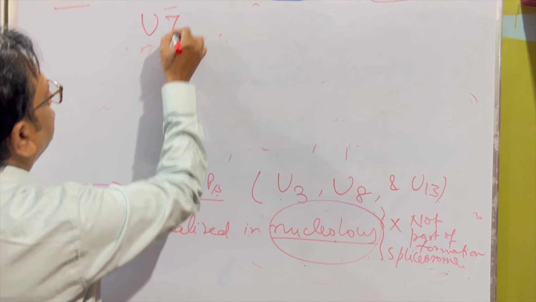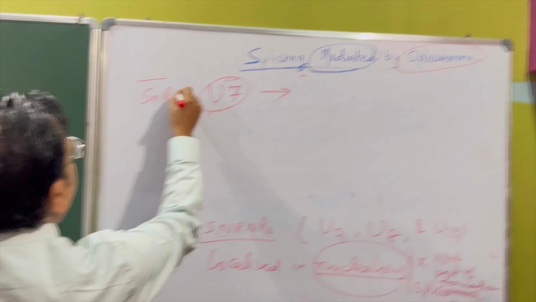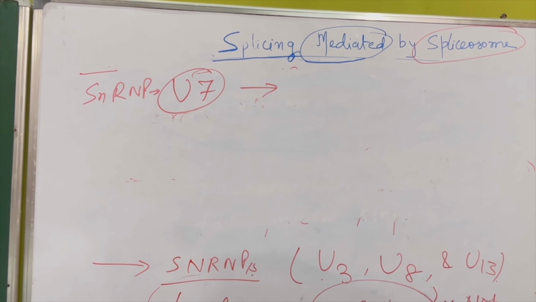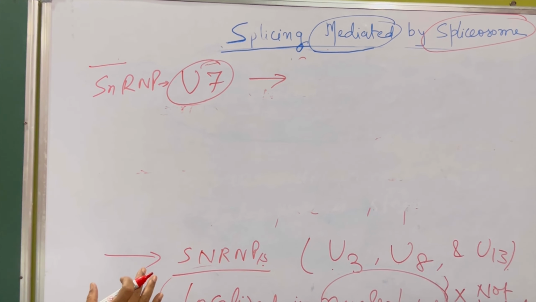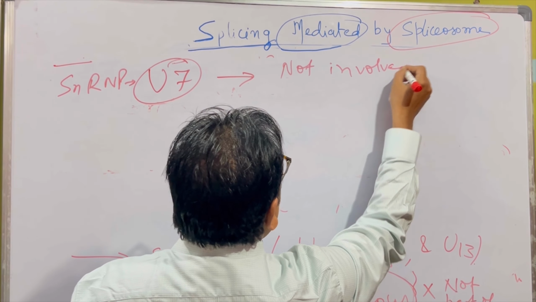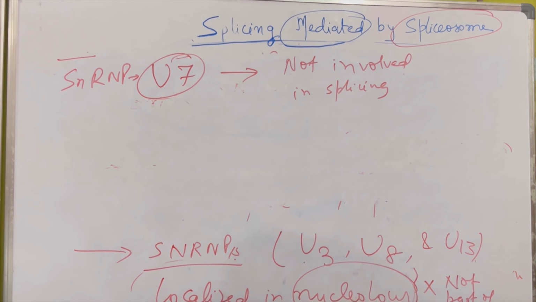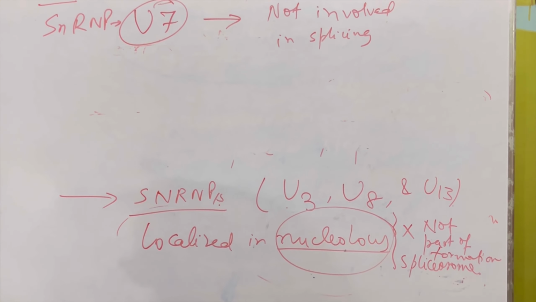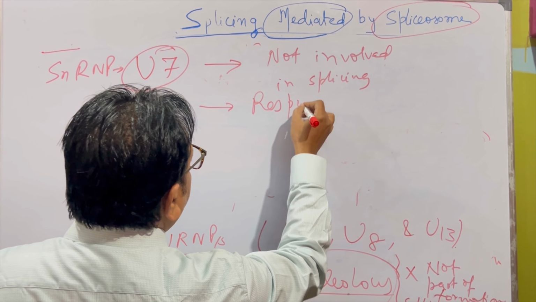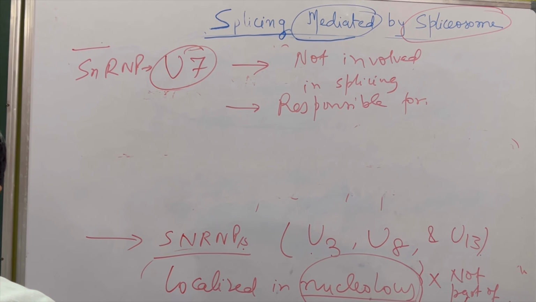Apart from that, you have also U7. That is snRNP U7, designated by U7, which has also been found, and it is also not involved in splicing. So how is it different from U3, U8 and U13? Well, it has some function which has been recognized. It is responsible for processing